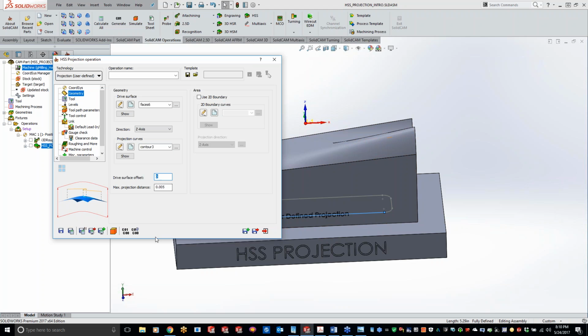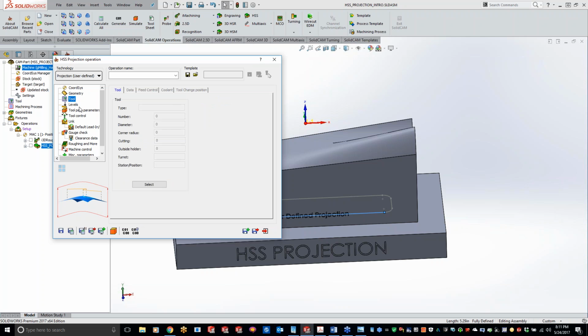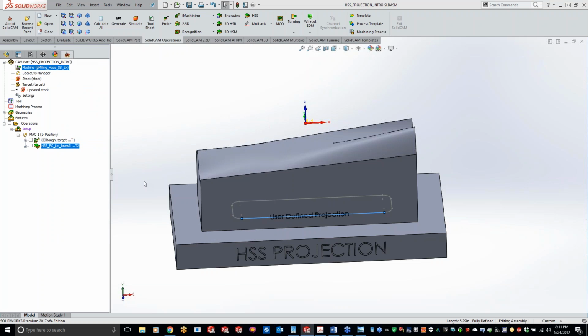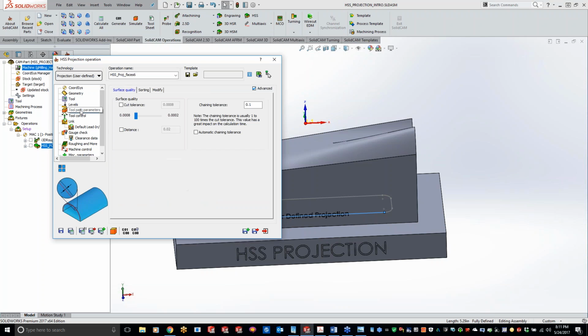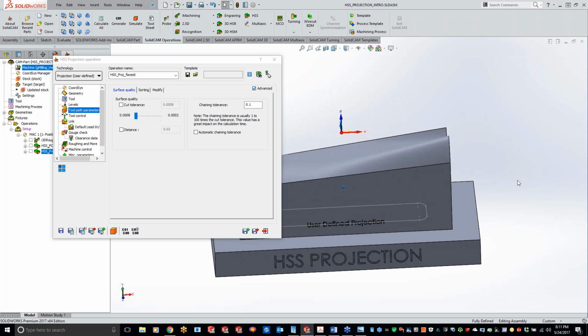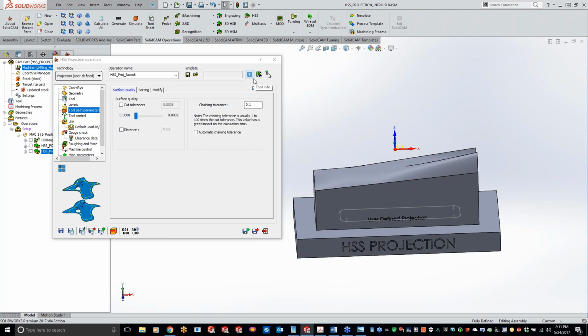Now my drive surface offset is the same as before, so I'm just going to do it like we're engraving something here. So let's just do a minus 0.5 thou here. And let's go ahead and grab a smaller tool here. And everything is kind of set. Let's just do save and calculate. And it's not going to allow me to project it because I think I need to be above my surface there. So